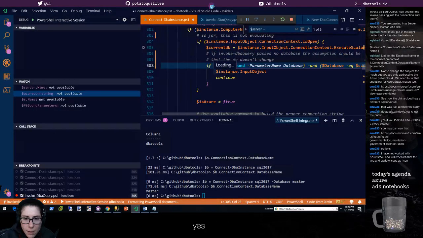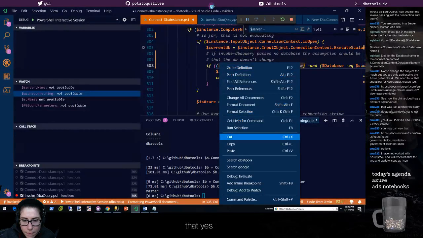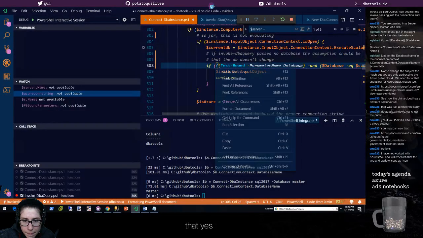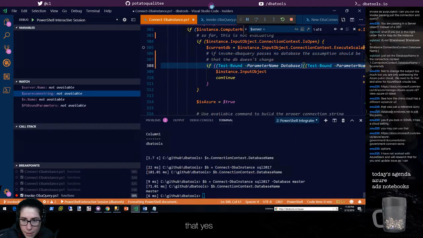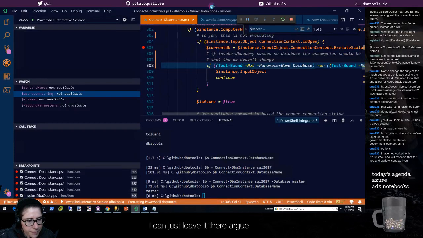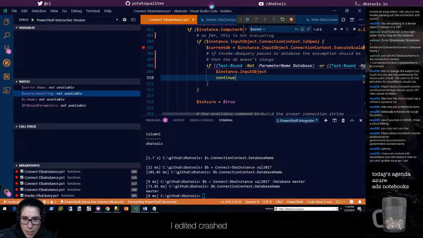If I can just negate it right there, or I could do not. This is something that is in our tool set. It's a function called testbound. My editor crashed, it looks like. All right, so hopefully,